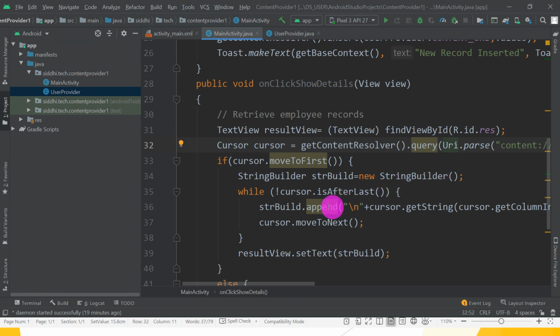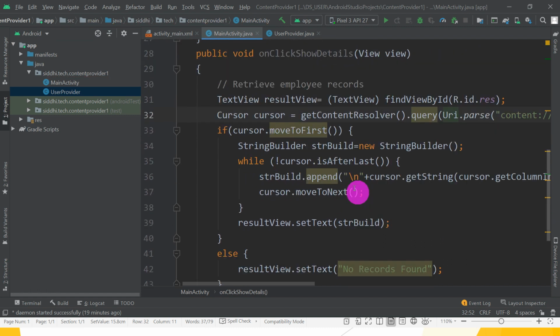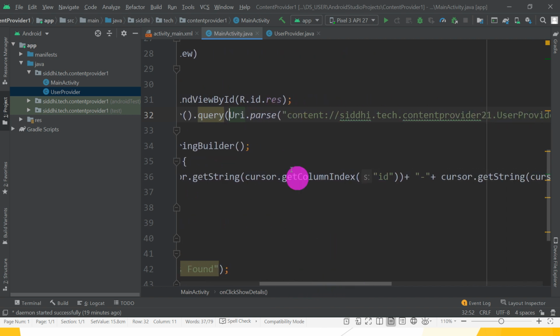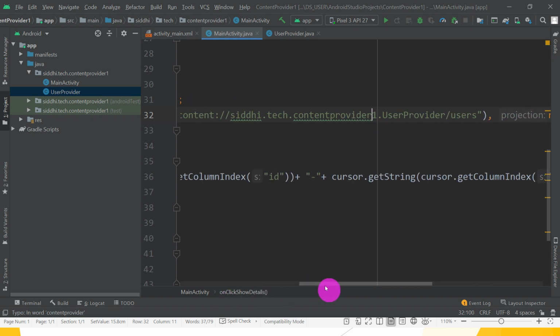Okay, so remove all the respective errors. Then parse intent, where from which content provider we want to take the data, that is content.siddhi.take.contentprovider1 dot UserProvider slash users. Great.